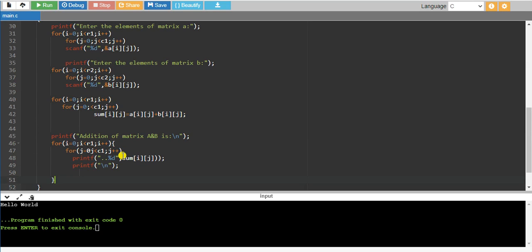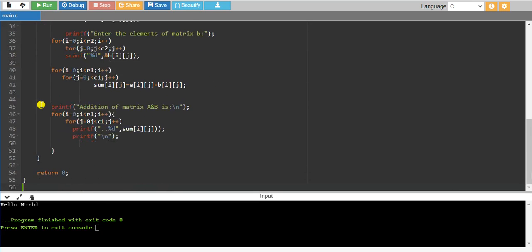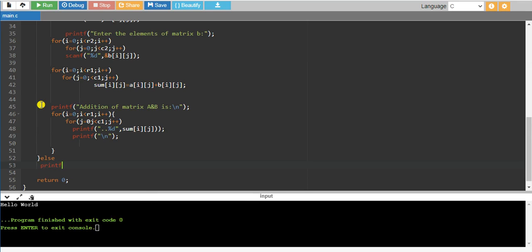If the number of rows and columns are the same for both the matrices, then only do all these operations. Else, addition not possible, because if there is a variation in the number of rows and columns of both the matrices, it is impossible to add the elements of the matrices.